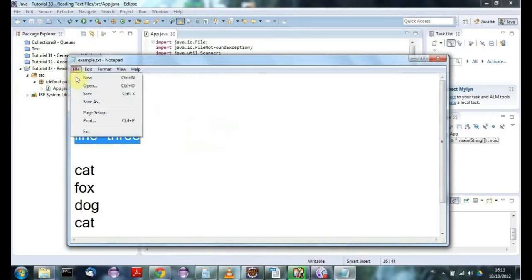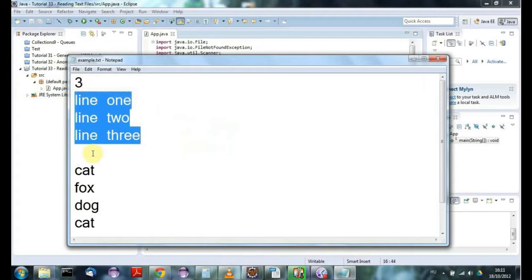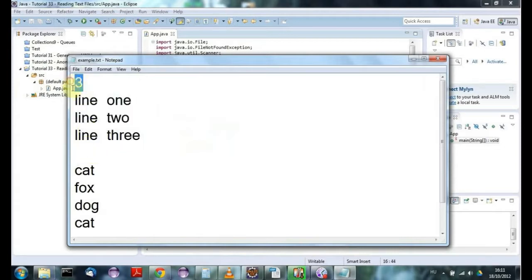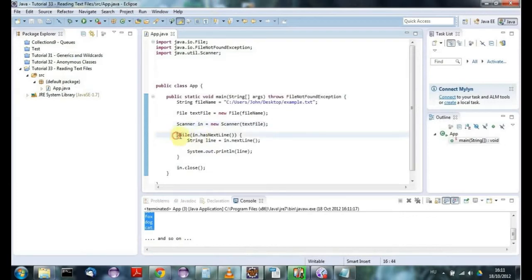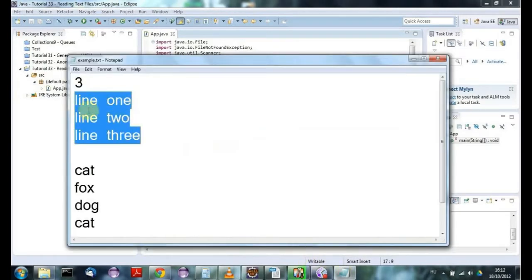Let's just save this. And if you have something like that, you want to read the number and then you want to use a for loop to read 3 lines. So here, instead of while, you'd have for, and you'd read next line 3 times to read the next 3 lines, for example. And the next 3 lines could be the names of